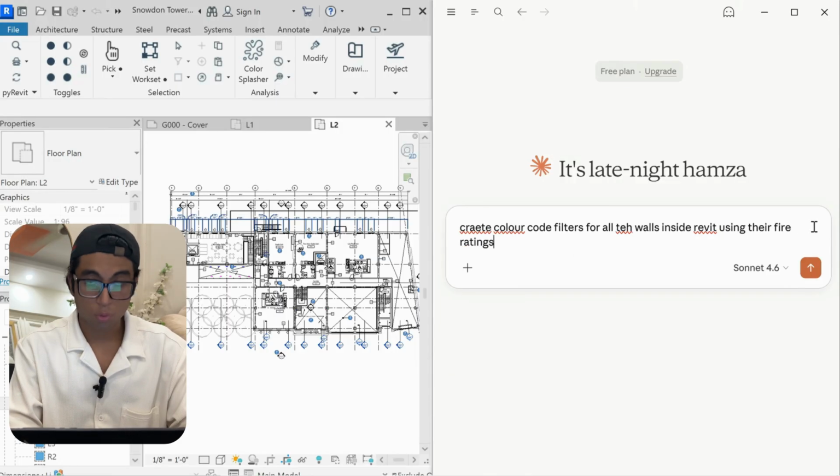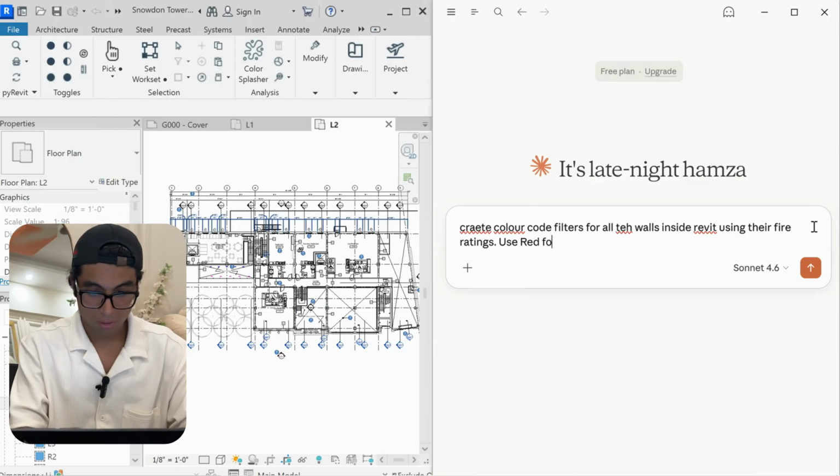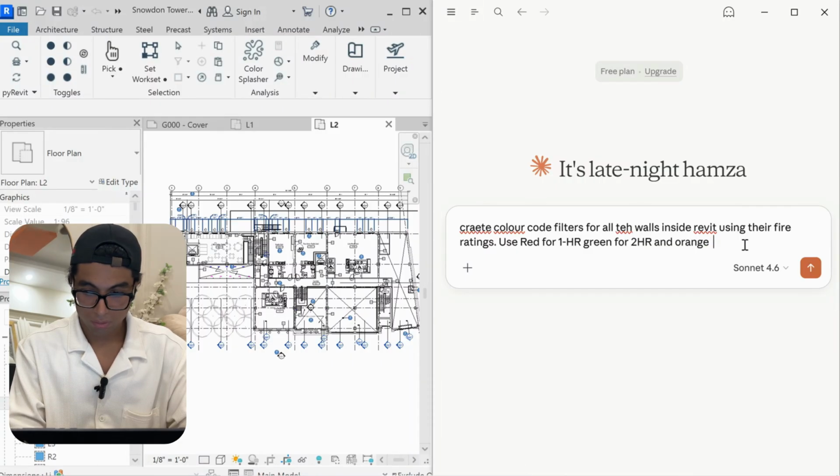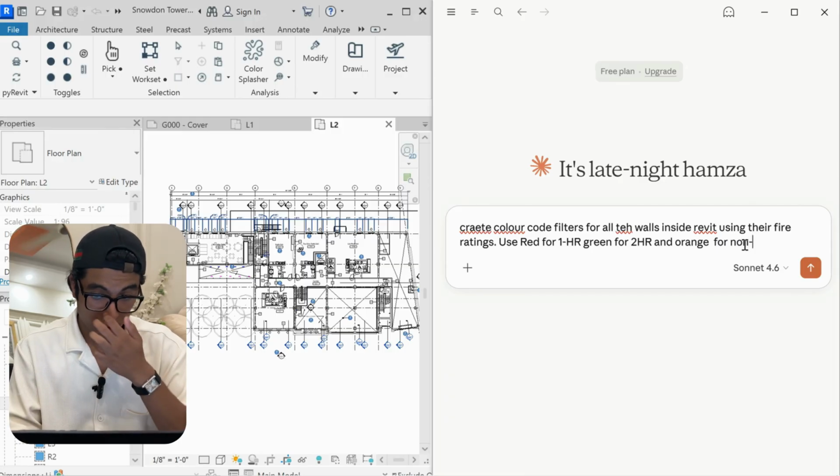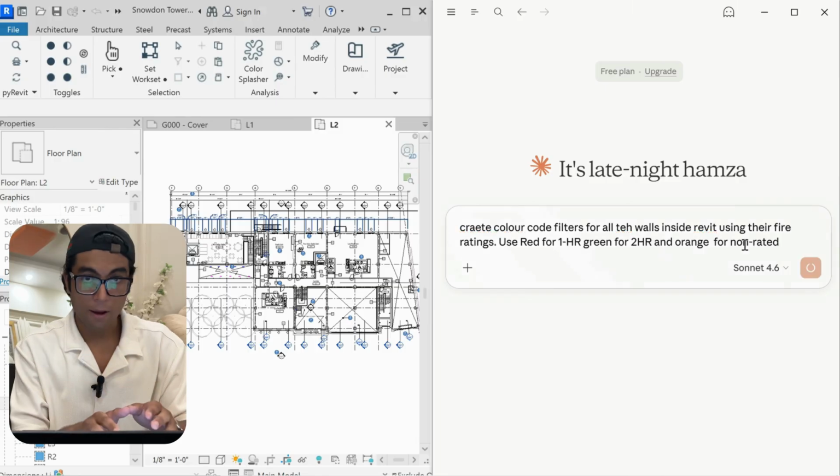Let's just say I want to use red for one hour, green for two hour, and orange for non-rating. Okay, so all I'm going to do is now enter this prompt,